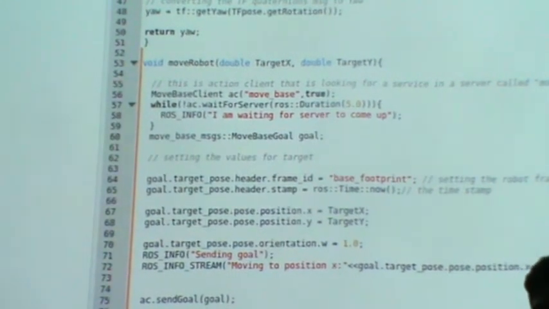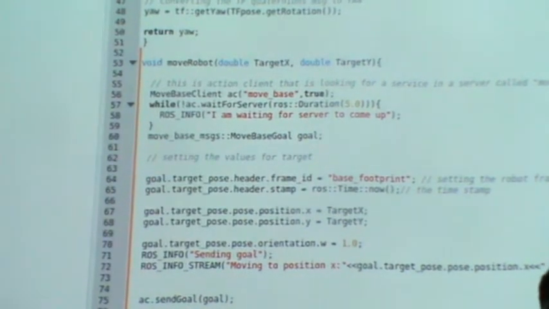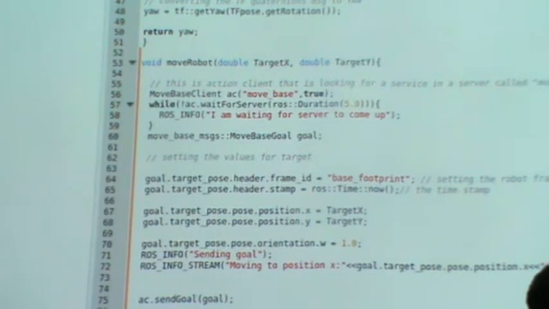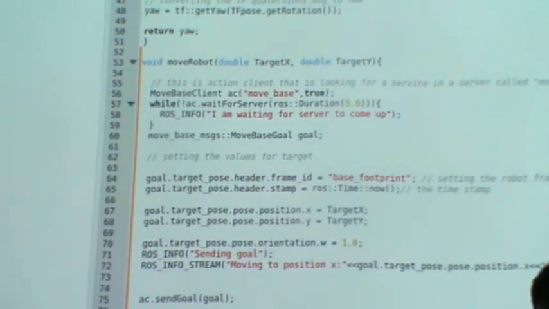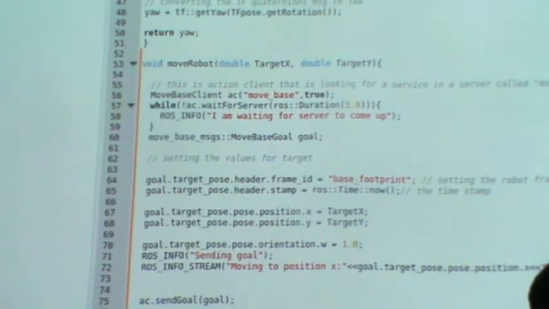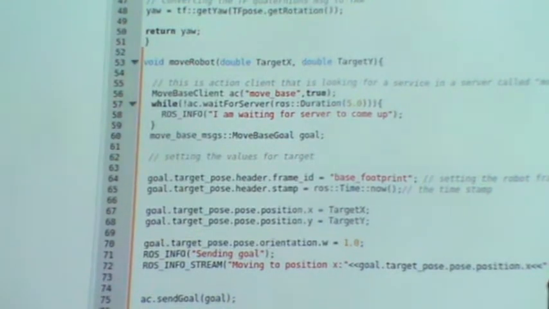One was goal, feedback was always there, and the third was the result. Result can only come once, and feedback can come continuously, several times. And result can be in 2 cases, either success or failure.